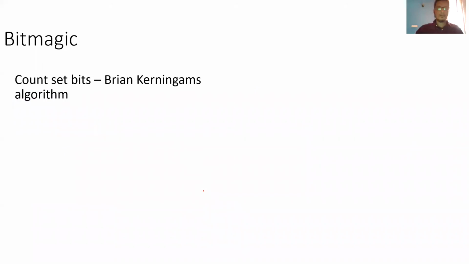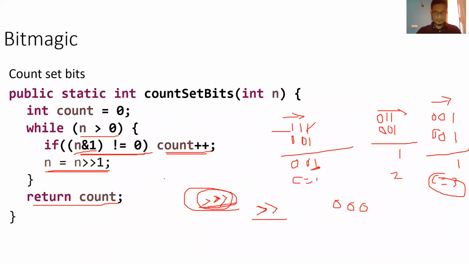There is another standard algorithm. Now the problem here is counting: you need to do this operation n number of times. In the worst case, if all the bits are 1, you need to do it n times, where n is the number of bits in that particular number, like 32 bits for an integer. In the average case it has to be done for the number of set bits, but you can take the worst case only.